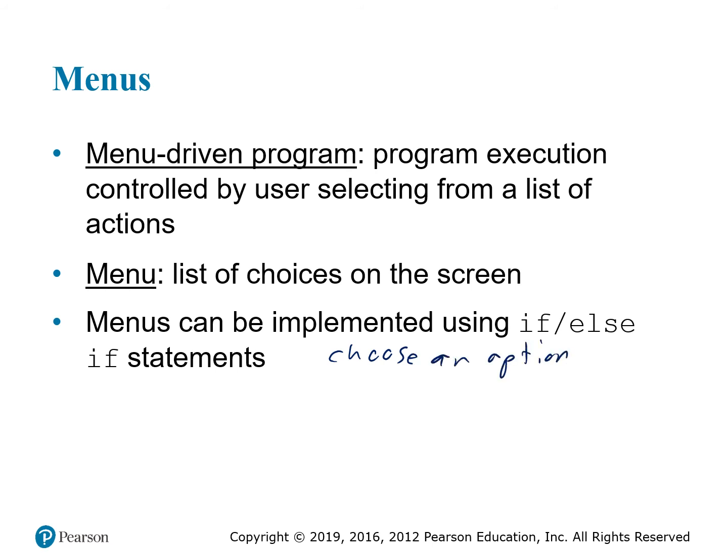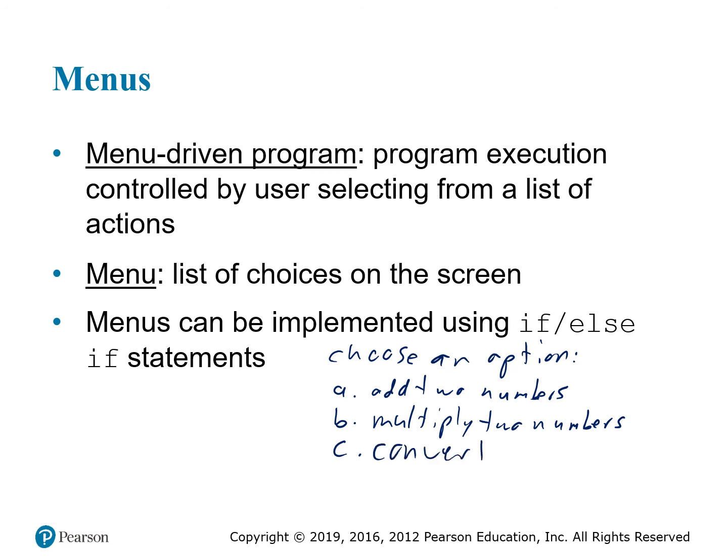choose an option: A, add 2 numbers, B, multiply 2 numbers, C, convert pounds to kilograms. I mean, just whatever your various things are, and then you'd have a little prompt, and